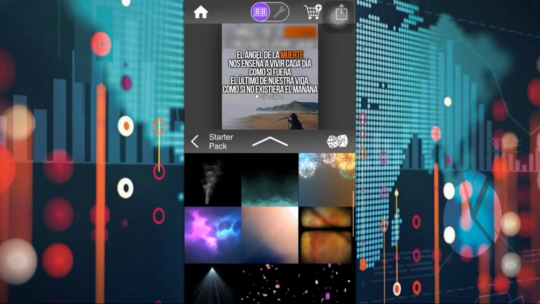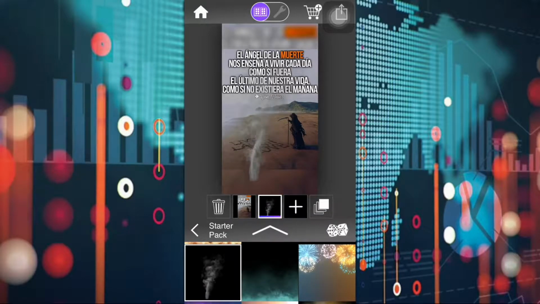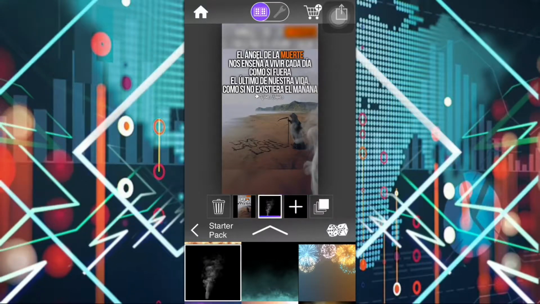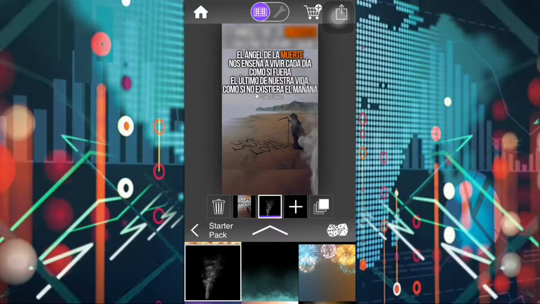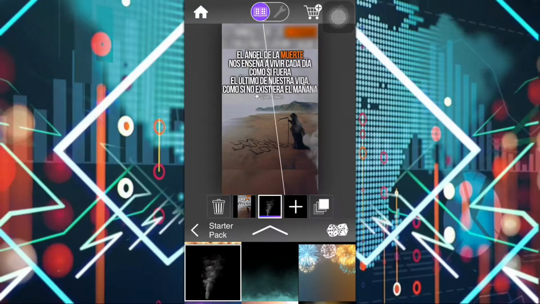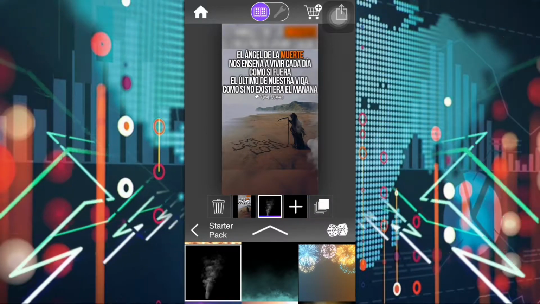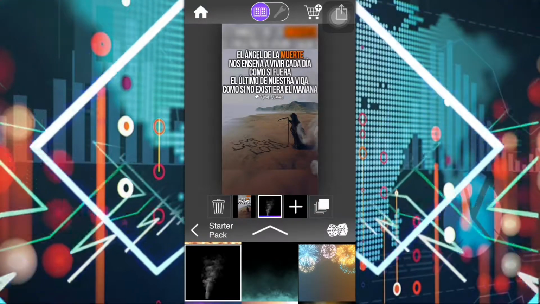I think it's in here, yeah, this one. And as you can see, that's the smoke right there. You can make it smaller, bigger. I like it at this size, because I don't want the smoke to get into the text. You can place it in different positions, or you can even, yeah, I'm gonna leave it right there. And then I can